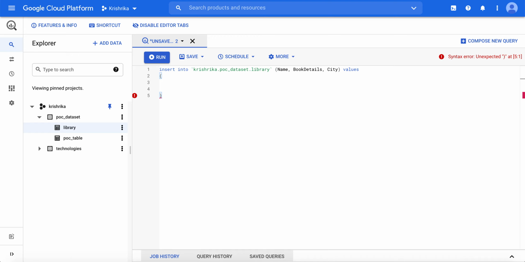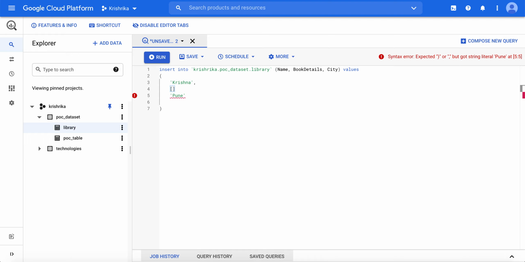First field was name, so suppose name is Krishna, and last was city. Now we will try to insert the array, like repeated mode, right? So we have to mention array. Even if you are mapping only one book, you have to mention the array structure because it's a repeated mode.